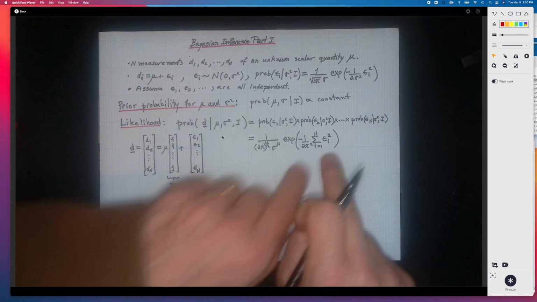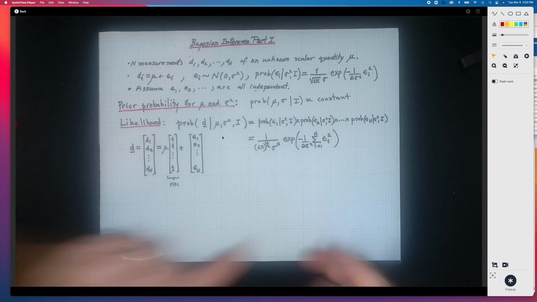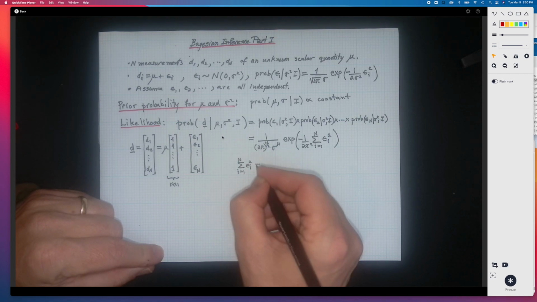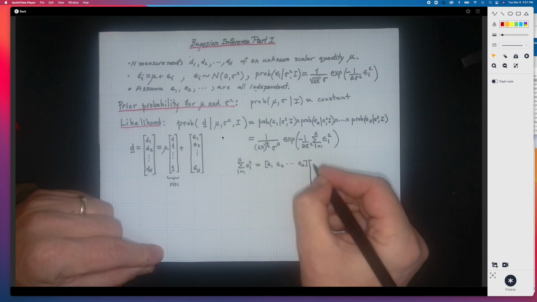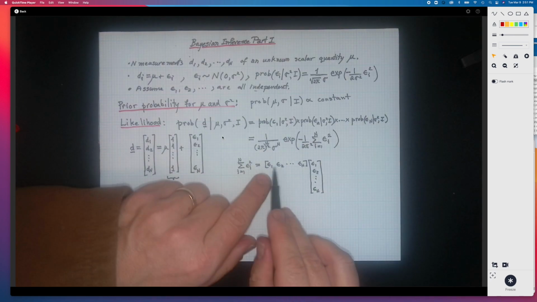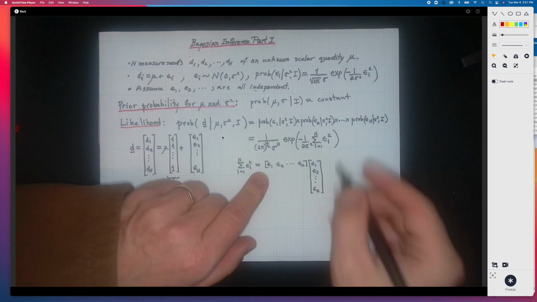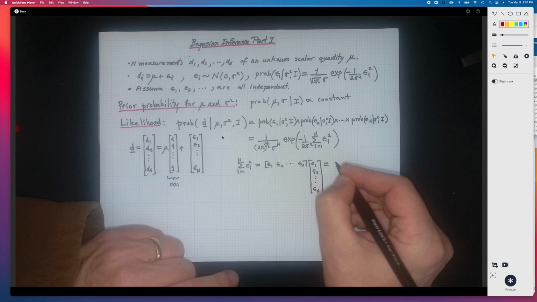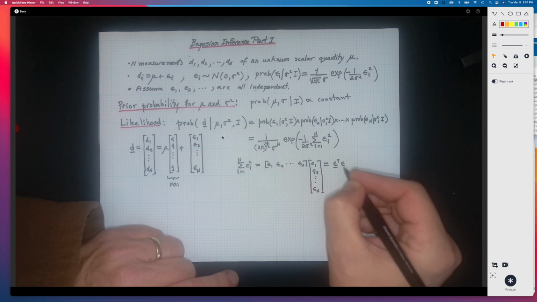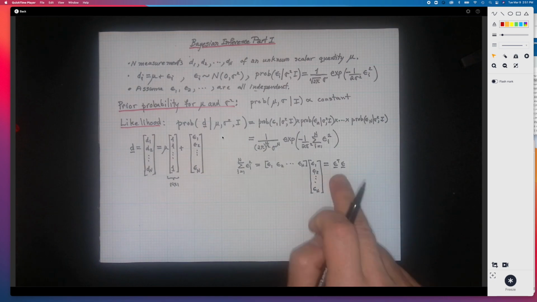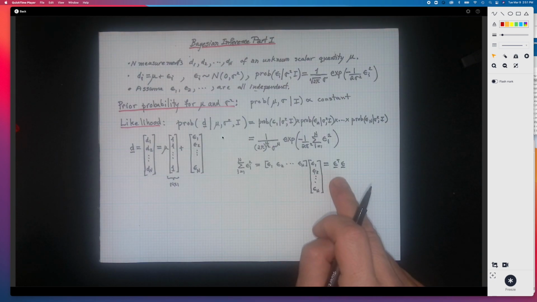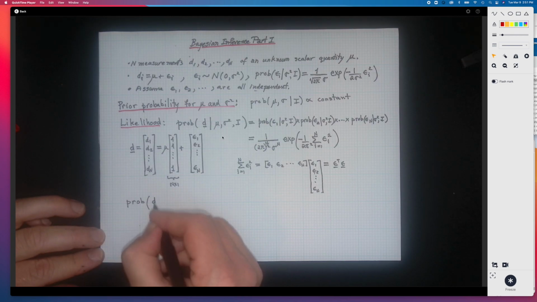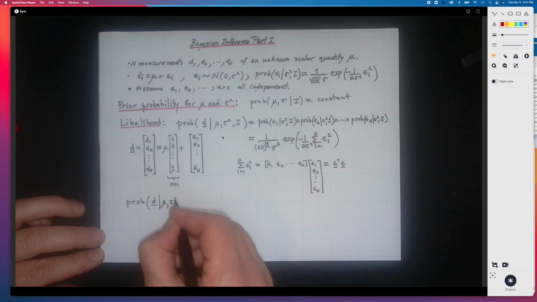Now we're going to rewrite this sum of epsilon sub i squared in the following way. So remember that the sum of epsilon sub i squared is equal to epsilon transpose epsilon, right, because if I take the dot product of the epsilon vector with itself, I get epsilon 1 squared plus epsilon 2 squared and so on. So I can just write it as epsilon vector transpose epsilon. And I'm going to use this notation all the time from now on. And so the probability of the data conditioned on mu and sigma squared